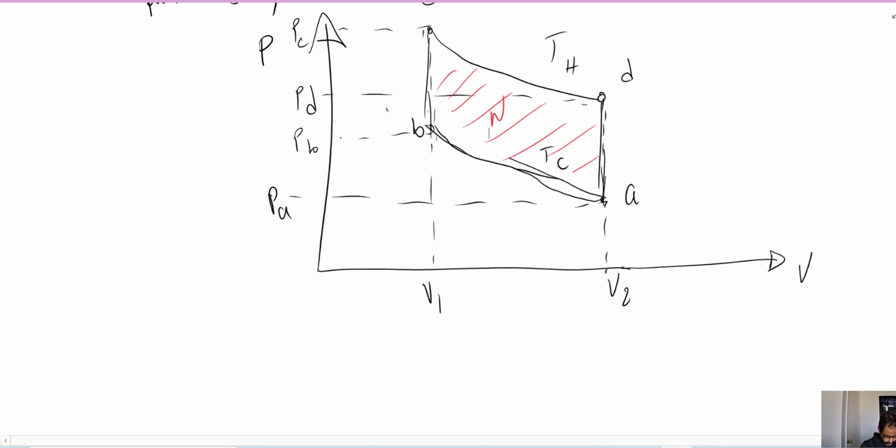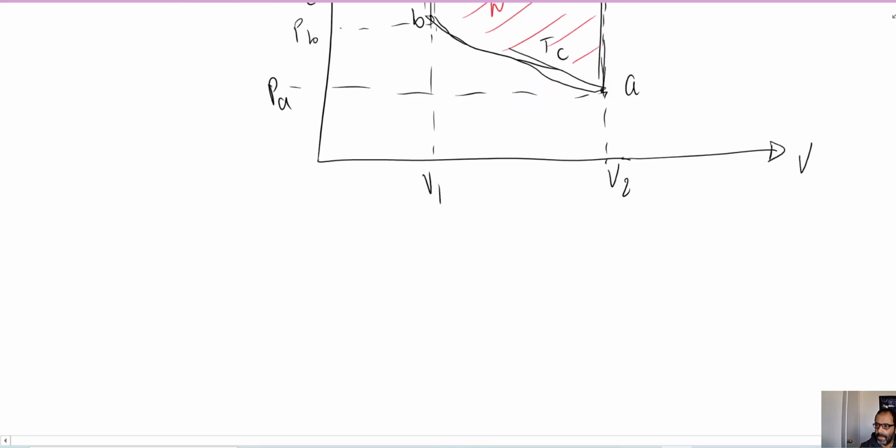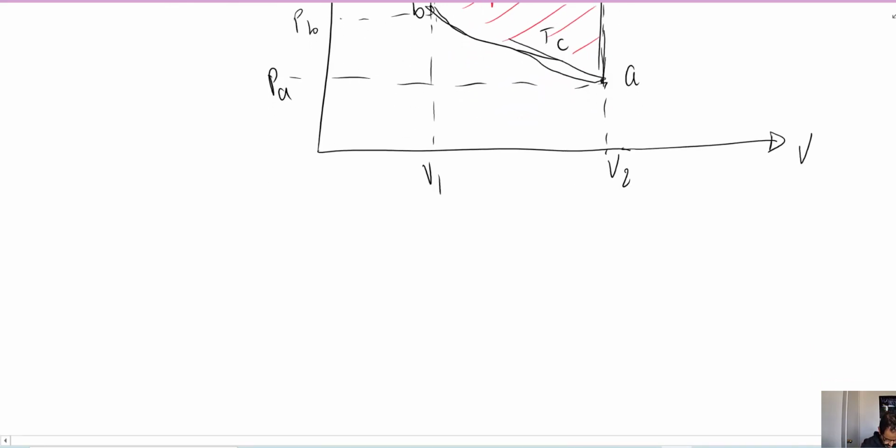Let's see how that works. Okay, so let's answer the questions first, question by question. Show that PC over PD... I'm sorry, I called earlier the CR, it's a different name for it. It's the volume ratio, not the pressure ratio. This one is actually the pressure ratio, I'm sorry. So you have PC over PD